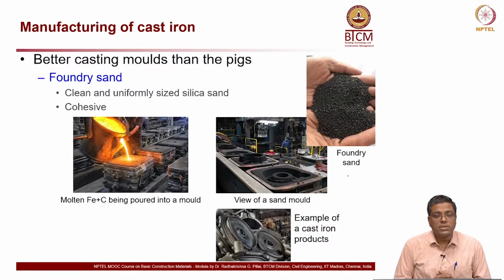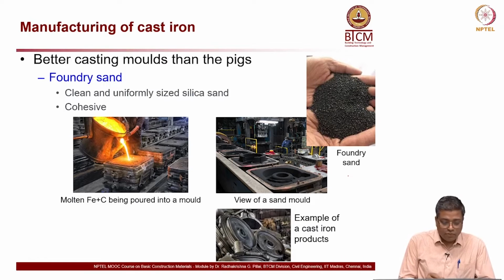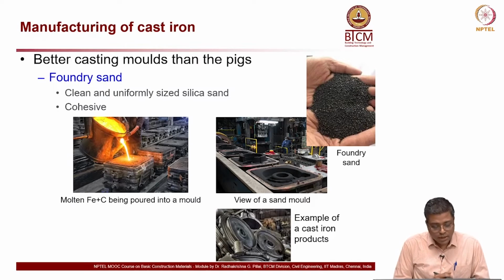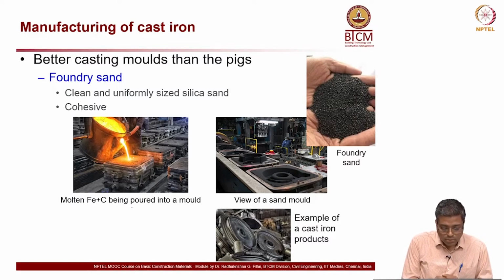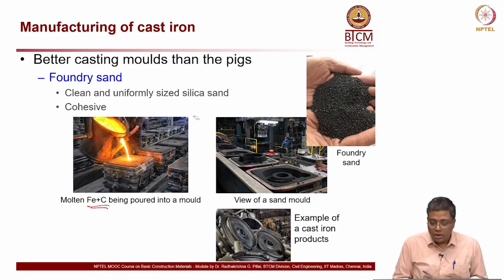Now, why is it better as compared to pig iron? Because of a better manufacturing process, I said already. Now, here you can see a photograph where, on the left side, molten iron, that is iron plus carbon, is being poured into the cast or into the mold. You can see here, this is the mold. You can see a lot of, like, an assembly line. Okay. Now, on the right side, it is more clear how these molds look like, and these molds are